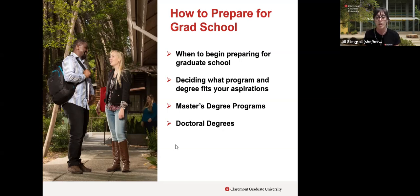And depending on what you want to specialize in, whether it's your research or your practice, if you're wanting to go on to a PhD and not stop at a master's program, definitely understanding the differences between a PhD program and a master's program, and what that entails, is really a big difference. And it's definitely a good thing to think about too,